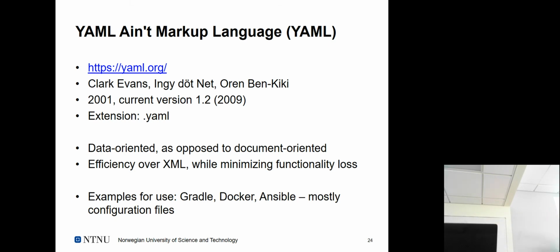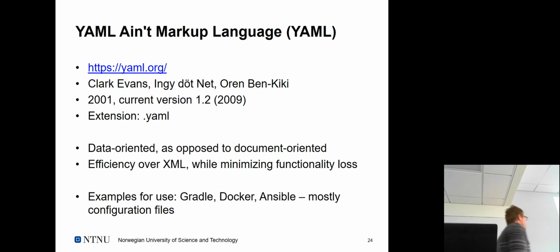So here the idea is, this is really data-oriented as opposed to representing a complete document structure necessarily. So it doesn't have all those rigid requirements. And the purpose was to have a sensible compromise. So be more efficient than XML, because we saw the inefficiency based on the opening and closing tags and so on, but still retaining most of the feature set and certainly more than we have in JSON.